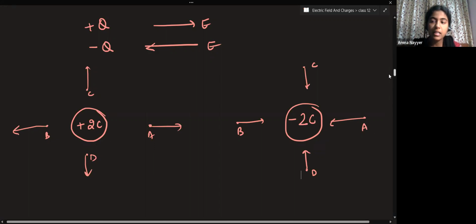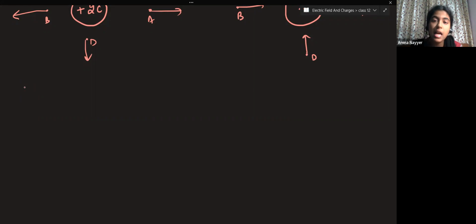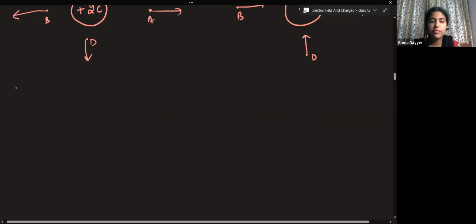Now see, we had discussed in the beginning of this class regarding dielectric or electric constant and relative permittivity. So this 1 by 4 pi epsilon naught q divided by r square is valid for point charges, and this is valid for point charges placed in air only. So if we change the medium,